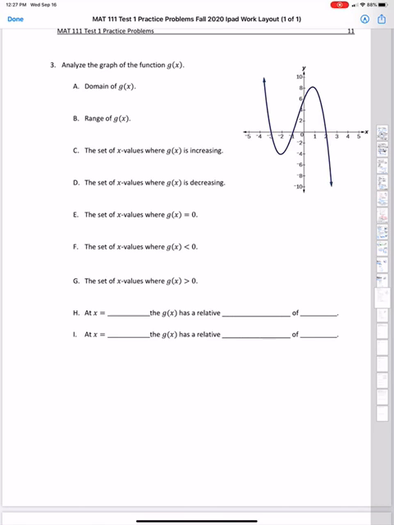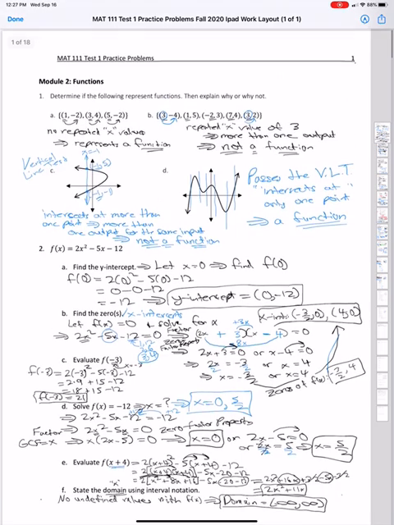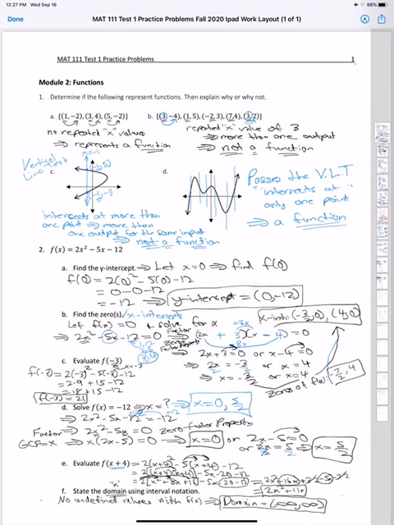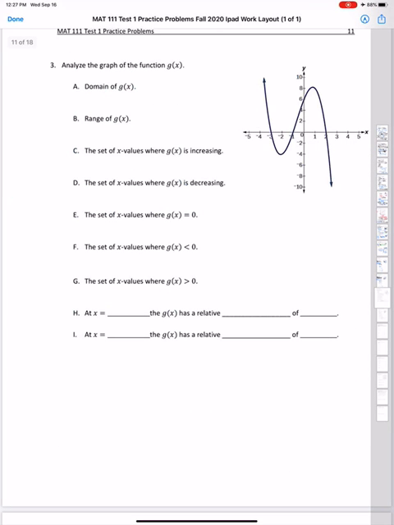All right, moving on in our review, I want to take a look at this next example here in problem 3. In problem 3, we're going to analyze the graph of a function. So we're given a function graph over here to decide, and it asks us to go through and analyze its